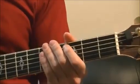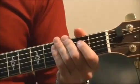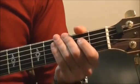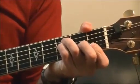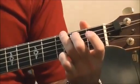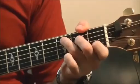Okay, now as always, I'll prompt you when to change, and we'll play it slow so that we get used to it slow. The best thing to do is to learn how to change chords slowly, and that will gain your speed. Okay? So we'll start on the F chord, and we'll change to a G chord, and then to the C chord, and then a quick change to the